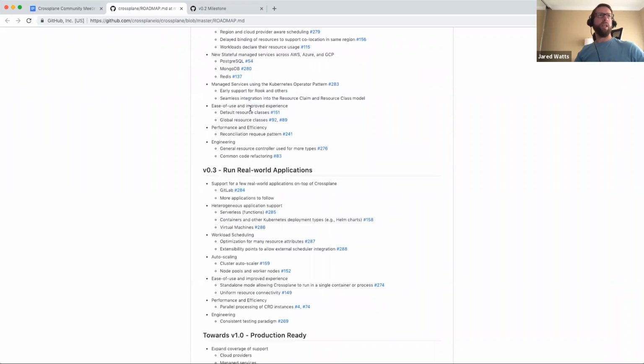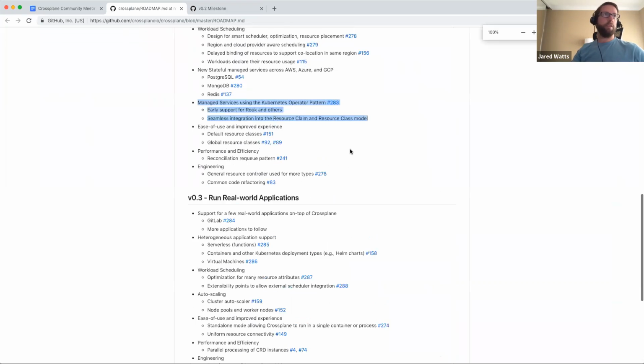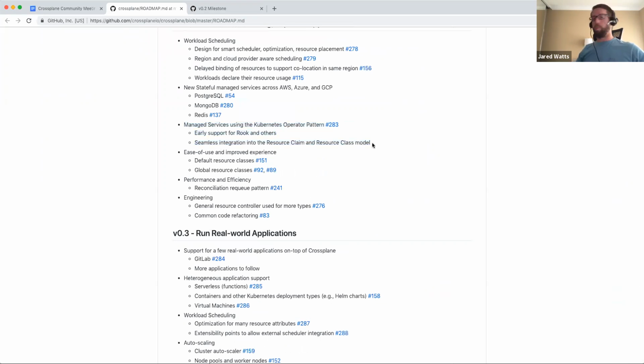Then there's a number of issues in other classes: improved experience, performance, reliability, and engineering debt, technical debt as well. There's also a classification of issues about supporting services that run locally or in cluster, services that support the operator pattern. There's a fair amount of those in Rook that would be good to support.